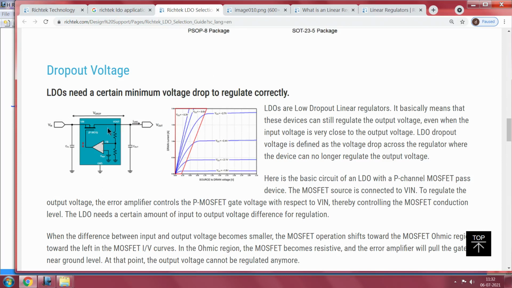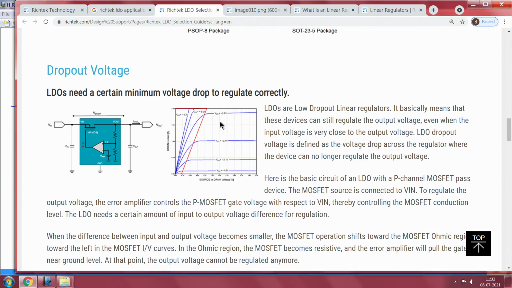regulation. Every time that happens, the conductance of the series pass element has to be changed. And how do you do that? You keep pulling the gate with respect to the source. And how do you see that plot? This is a very well known plot of what we have. Different VGSs are shown here.